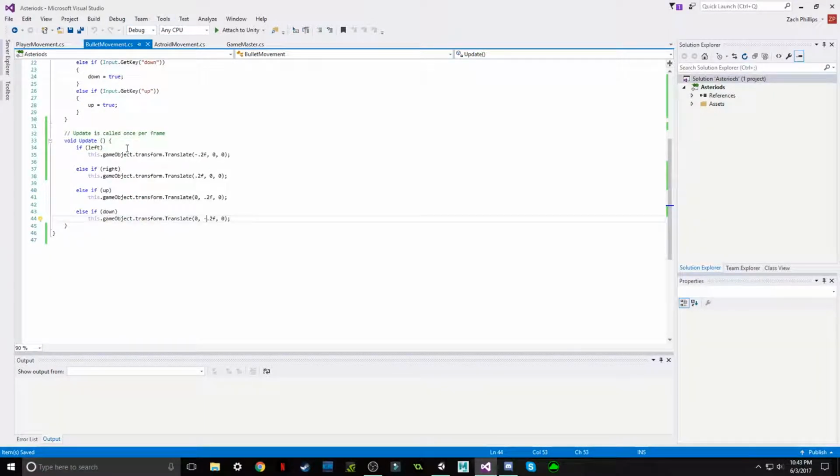Under the bullet movement script, and inside Update, we're going to make a pretty long function that will accomplish what we need. We're going to say if this.gameObject.transform.position.x is greater than or equal to 9, that way it's checking to see whether it's further away than 9. And we're going to use OR, the two straight lines, and then we're going to copy this and paste it. And we're going to say OR it is less than -9,